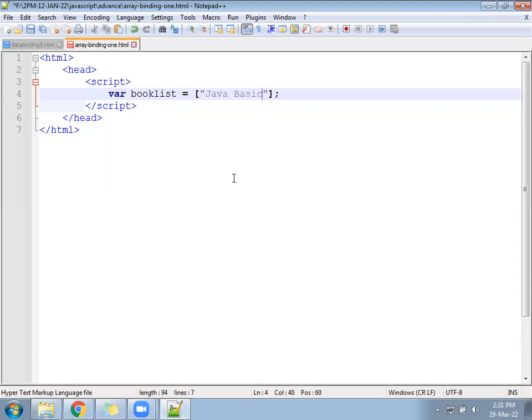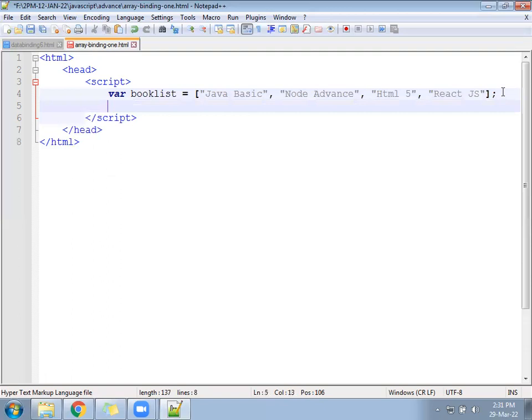Java basic, Node advanced, HTML5, yes. So these elements we store in an array, and that array is outside of the function.